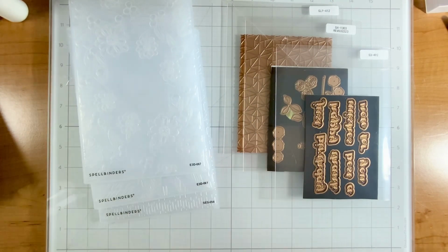I recently did a poll on my Facebook group, Spellbinders Maker Group, and I was curious to know, do people like 3D embossing folders or regular embossing folders? From that poll, 85% of the people preferred the 3D to the regular embossing, but you know, to me, I like both. I definitely tend to use the 3D embossing folders more because I love the dimension, but there's something